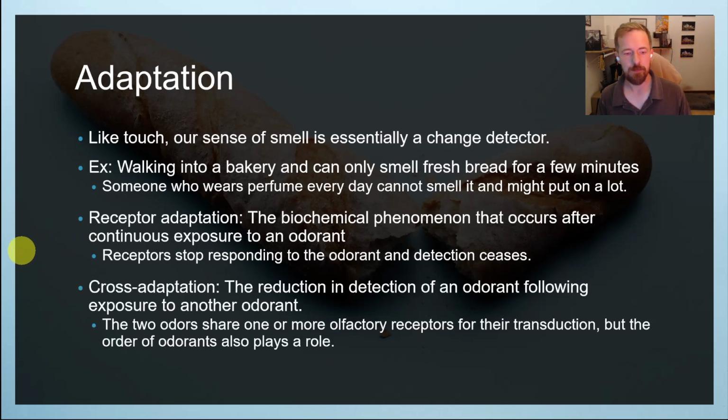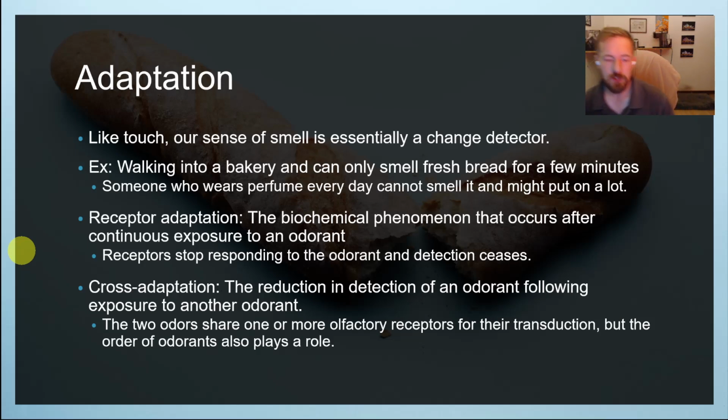Receptor adaptation is essentially like if you are in the subway and you're smelling all this stuff, those receptors, remember the shape pattern receptors that take certain kinds of chemicals and bind onto them, basically don't work because all of those cells are occupied. They all have these odorants clogging up the receptors, and so we don't detect anything new, because all the receptors that are responsible for detecting bread, I should say, are occupied. And so I'm not getting anything new there.